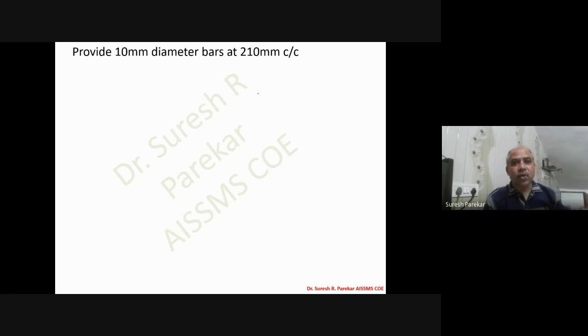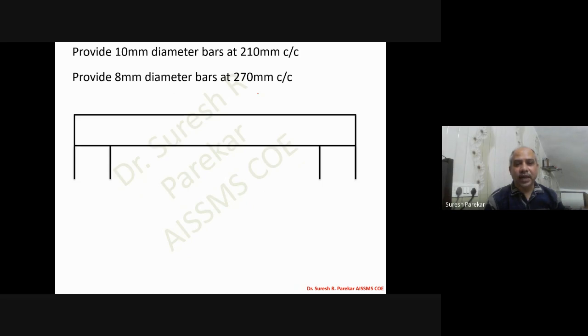Now if we go to the diagram of this, that is the section, and we have the plan of this. So now you can see the section. This is my slab. My overall depth is 150 millimeter over here, and then we have this span, that is the effective span, 3.33 meters. So this is my effective span.